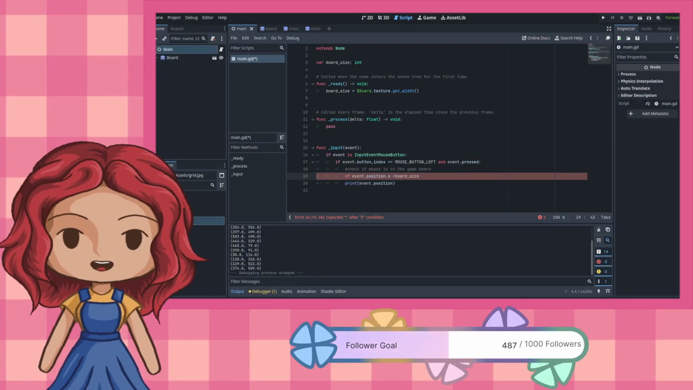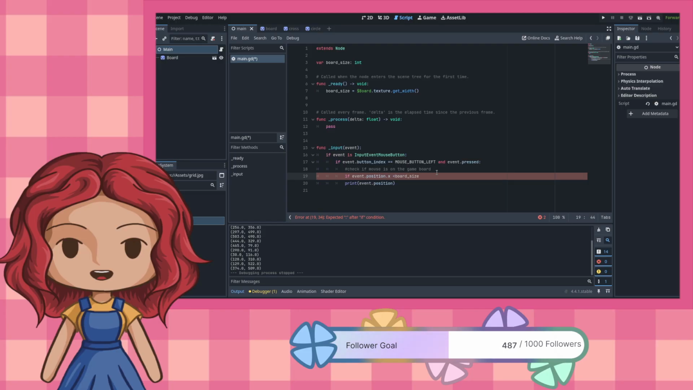Okay, so what he did here, he put a note in here. I like adding these notes too because it tells you what each section of code is doing. So the comment here is to check if mouse is on the game board. So what we did is